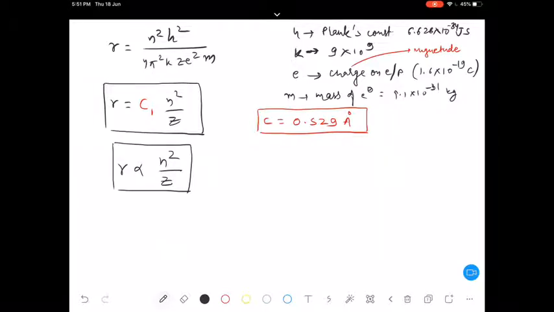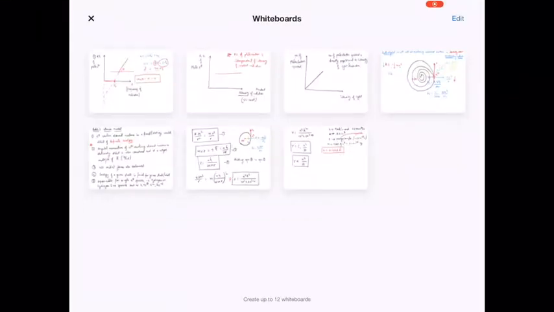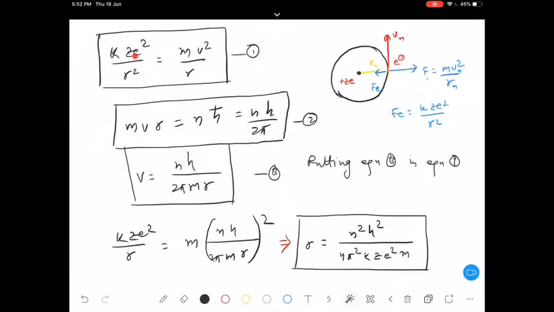Now let's take a few problems. Here I'll suggest that this is a huge formula. Memorizing this kind of formula will be very difficult. Even if you can memorize it, after 2, 3, 5 days you might forget it. So better you understand how we got this formula through this process, correct?